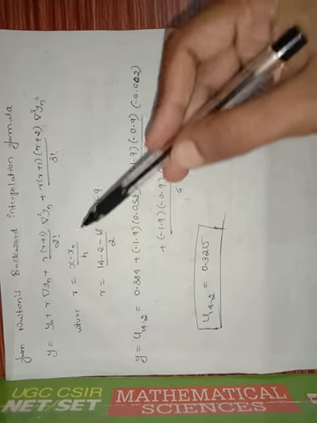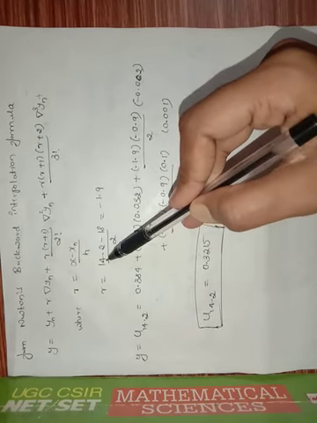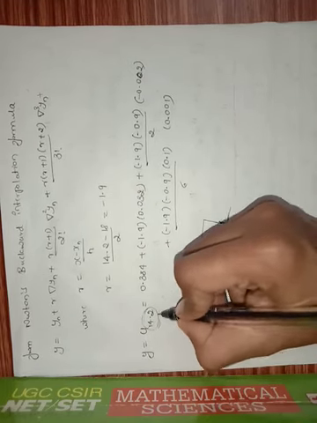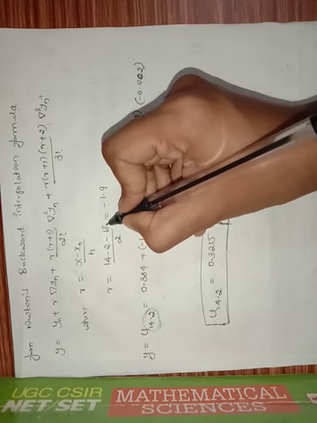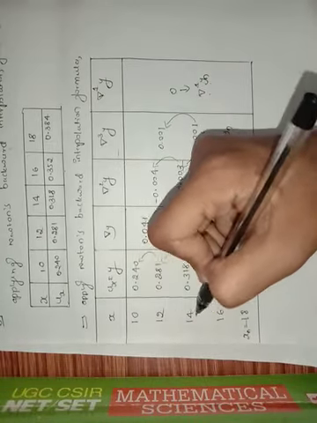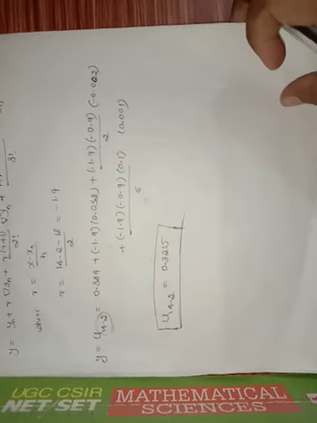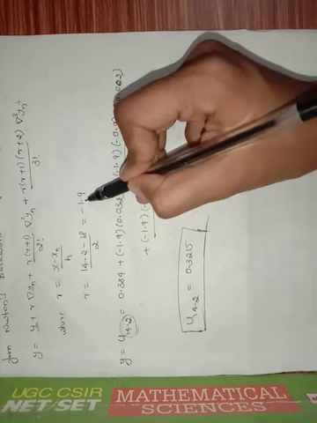Before substituting, first we have to find r. r is nothing but x minus xn divided by h. x means 14.2, since we have to find u of 14.2. So take x as 14.2 minus xn means 18, divided by h, the step size in the x value. 12 minus 10 is 2, 14 minus 12 is 2, 16 minus 14 is 2, 18 minus 16 is 2. Therefore, the common difference between the x entries is 2, that is h equals 2. Then solve this one, you will get minus 1.9.